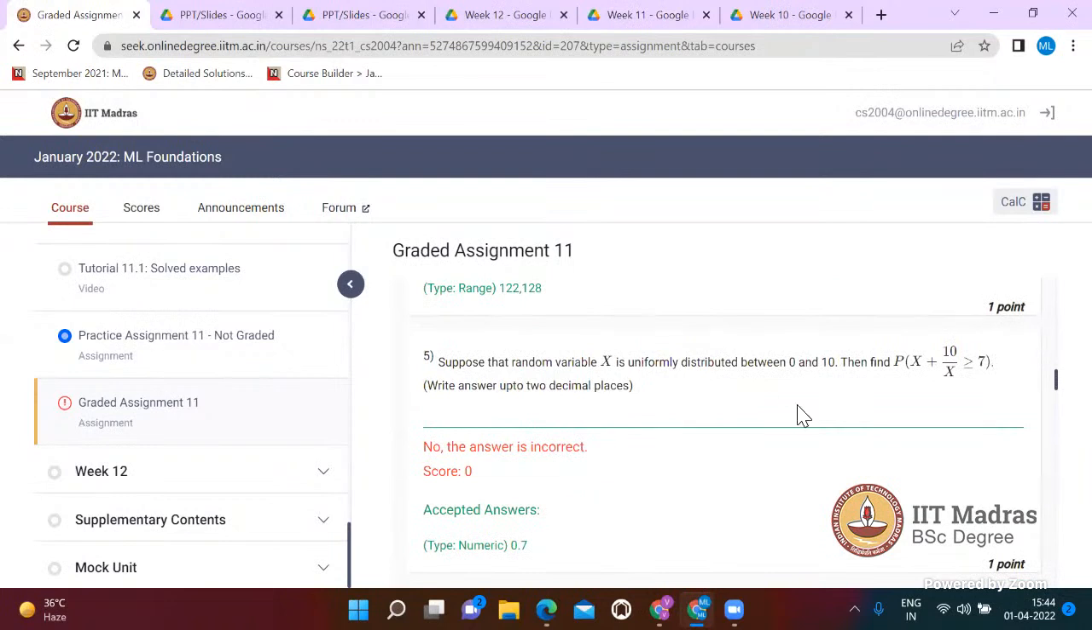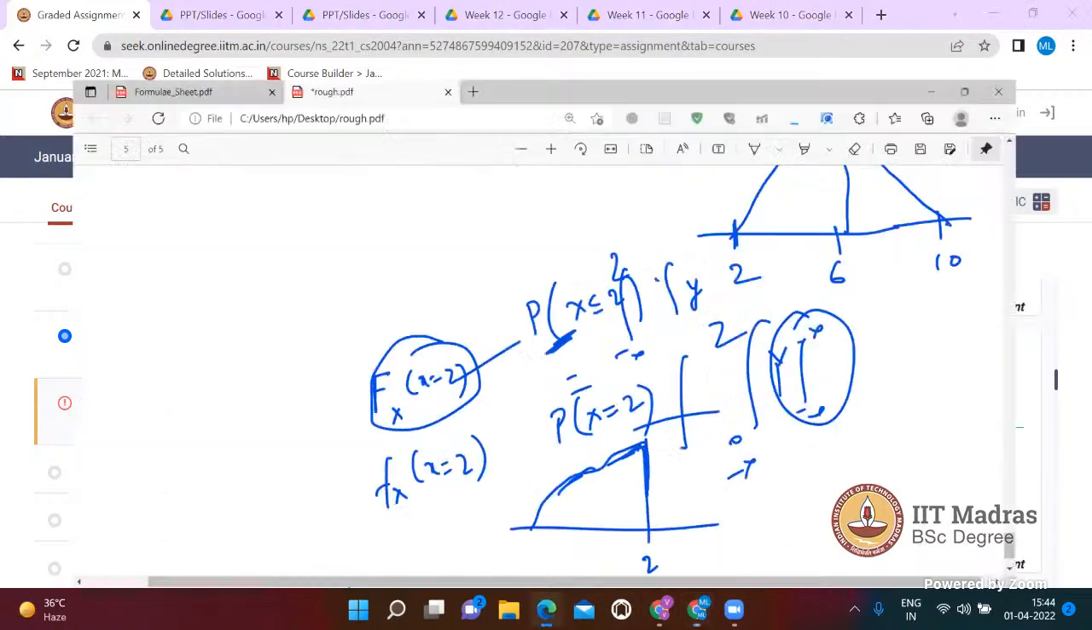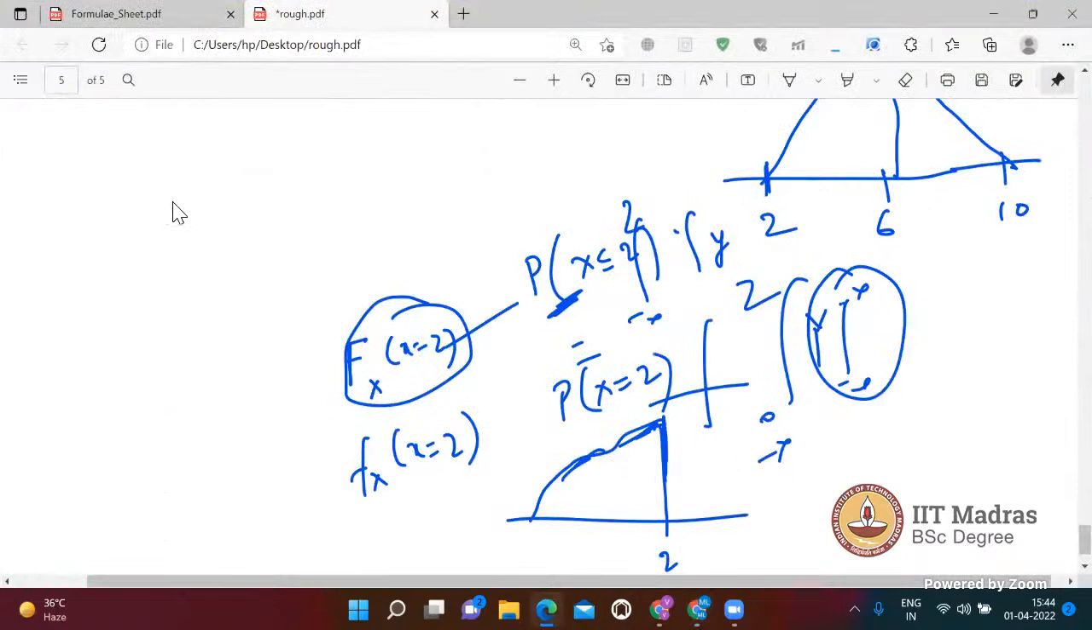Yes, sir. I was not able to solve this one. Okay, so this is a good one, and you can have this sort of question in the exam also. You just have to solve this equation. What you have to calculate is the probability such that